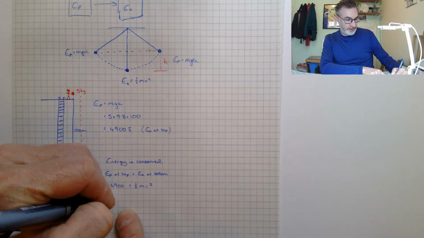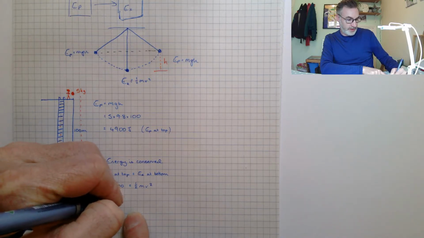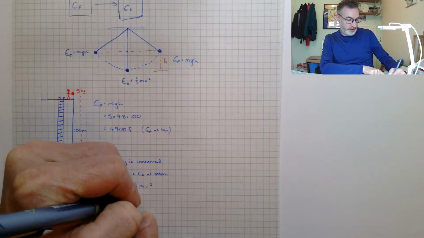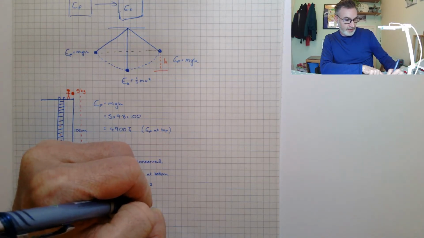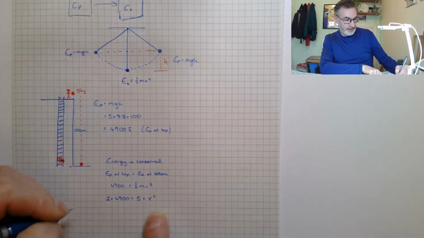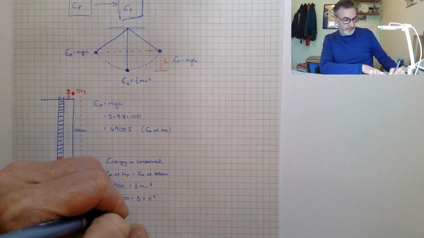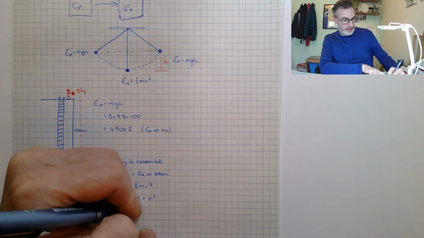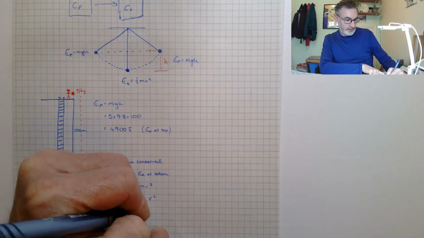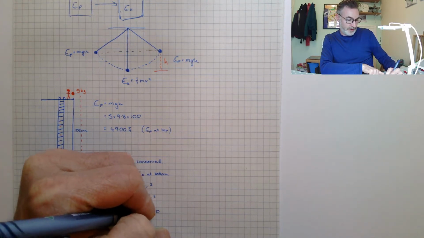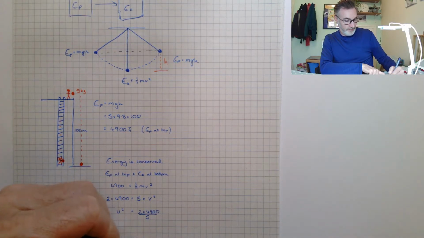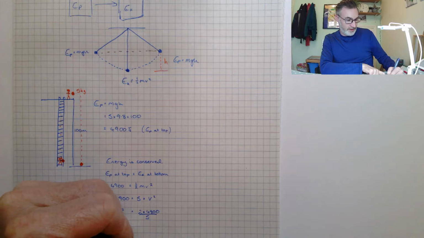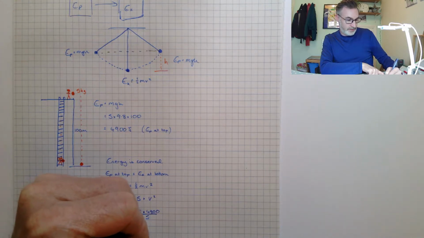So we'd have 2 times 4,900 is equal to, now the mass is 5 times v squared, which will give me v squared is equal to 2 times 4,900 all over 5, and finally v is equal to